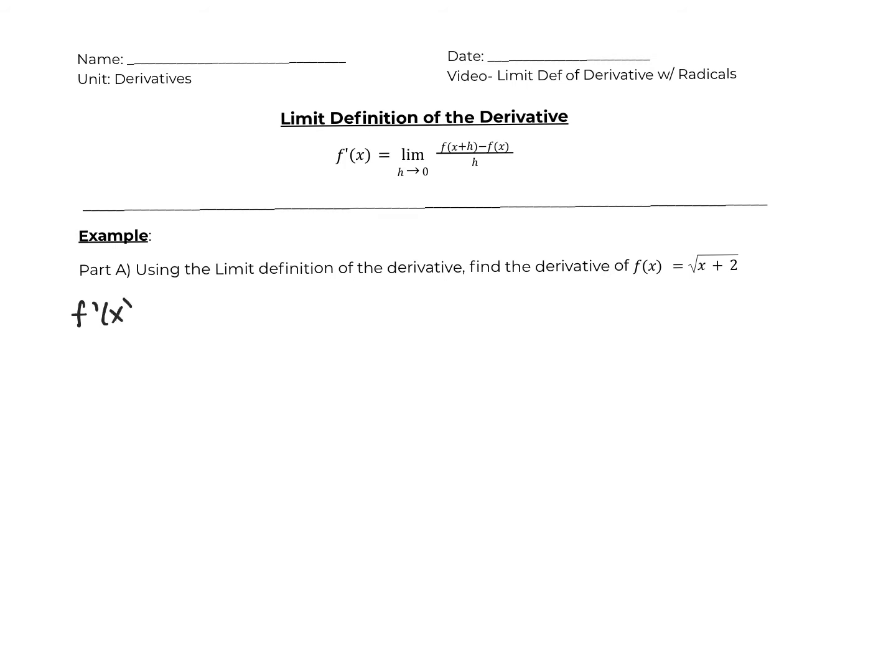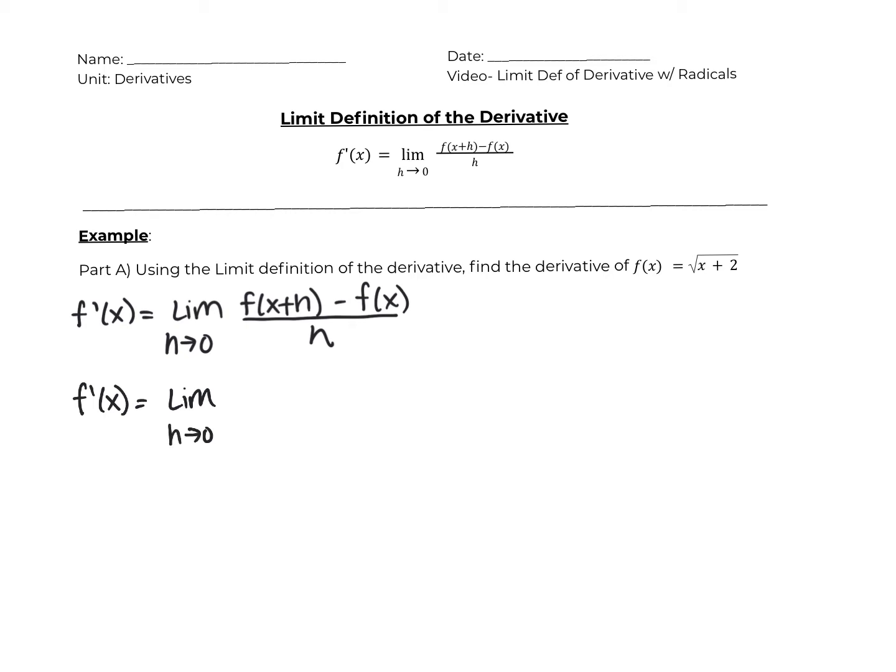f prime of x is my derivative, which is equal to the limit as h approaches 0 of f of x plus h minus f of x all over h. And remember, we're going to be as neat as possible. So f of x plus h means everywhere I see an x, I'm going to put an x plus h. So I'm going to set it up like I did in the other video, where I have f prime of x is equal to the limit as h approaches 0 of f of x plus h minus f of x